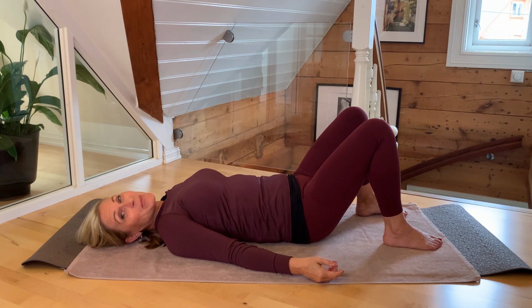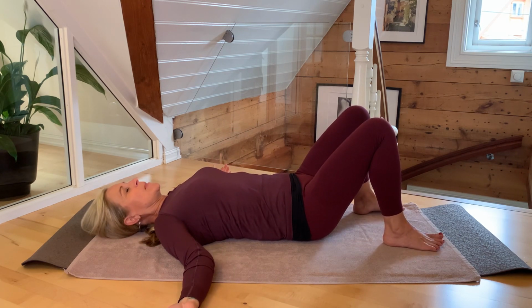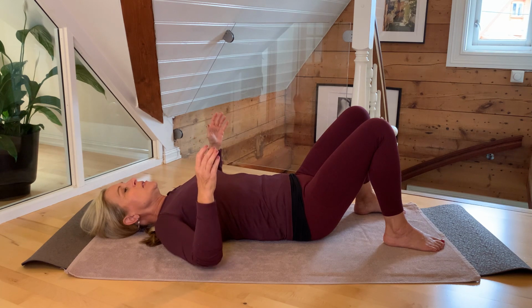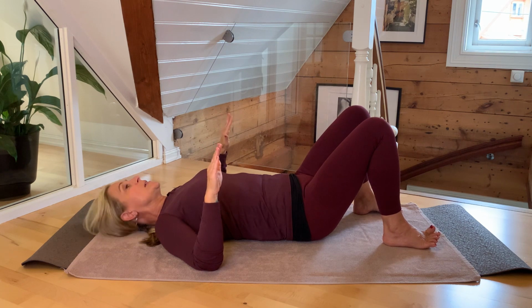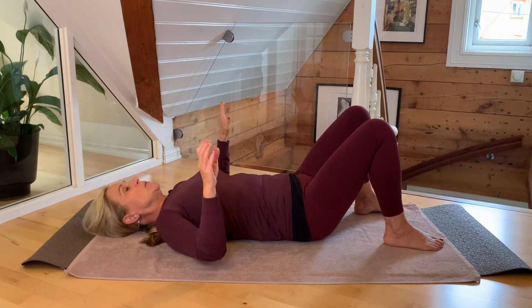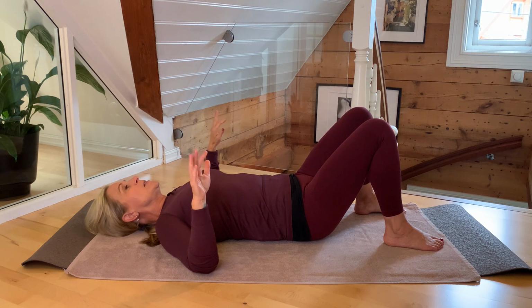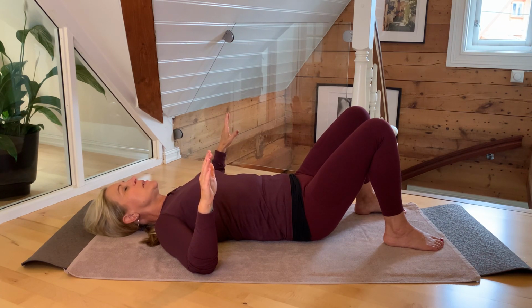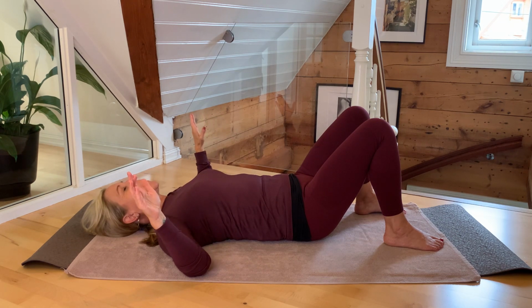So now we're going to bring in the arms. Would you put them in a T straight out from the body? And then you bend the elbows 90 degrees angled, and your fingers are pointing straight up to the ceiling, and the palms are facing towards the feet. So from this angle, 90 degrees angle in the elbows, fingers pointing like antennas to the ceiling, palms facing towards the feet. Now you're going to start to melt the arms backward towards the outside the head,